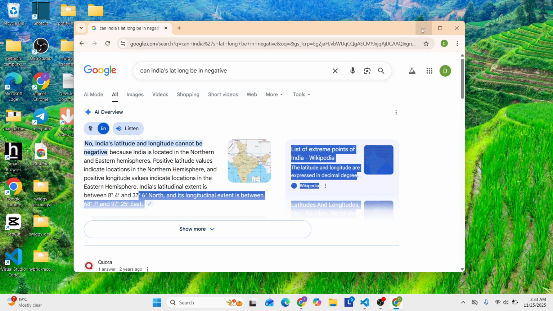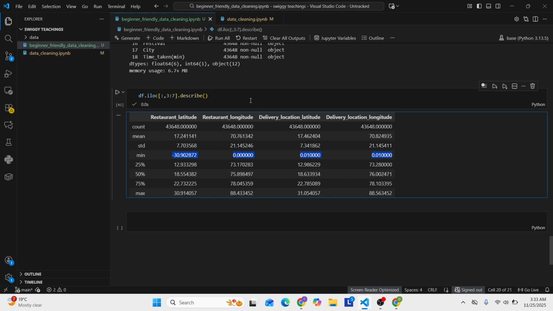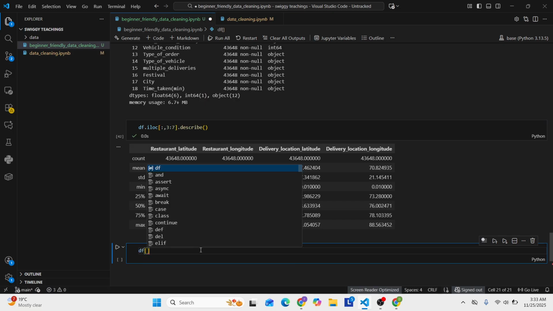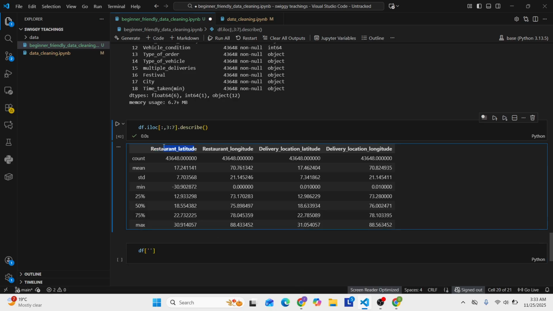So what will I do? I will use the absolute method over here. I will try to keep these values positive. Okay, and for this I will write the code here. I will show you. I will write df, and inside it I will write the column name,